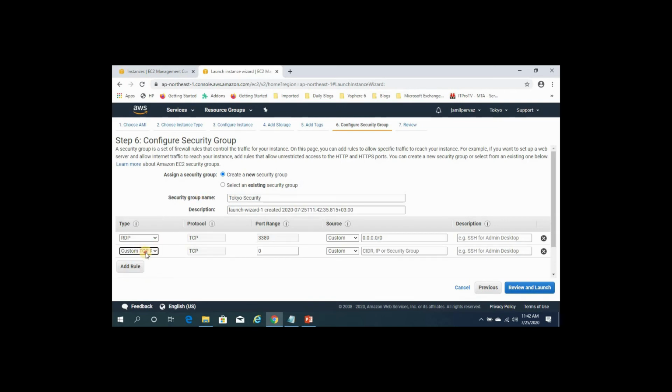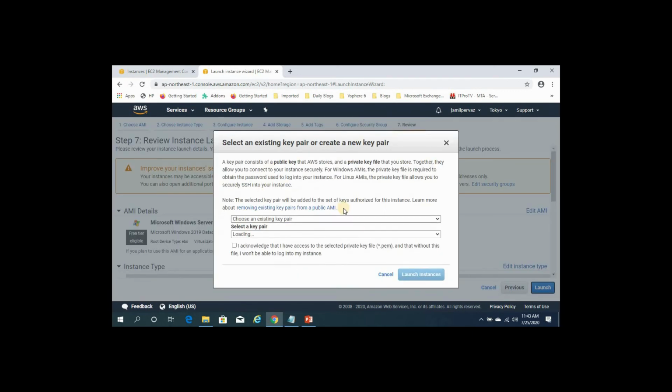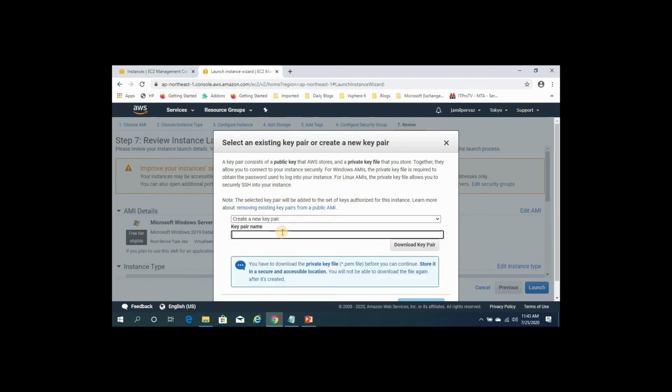Click on add rule. Select all ICMP IP version 4. Select anywhere under source. Click review and launch. Click launch. New key pair.